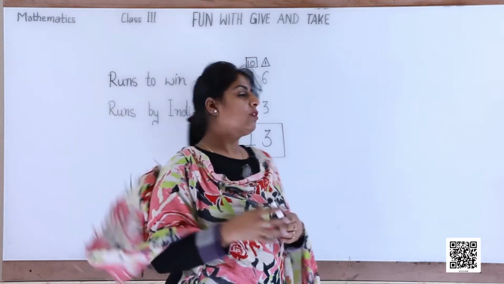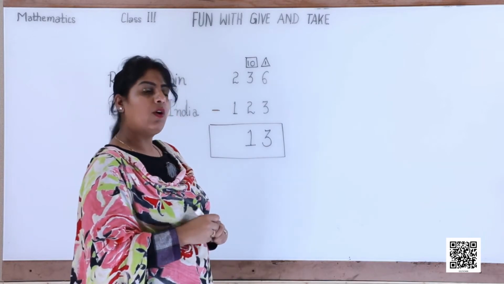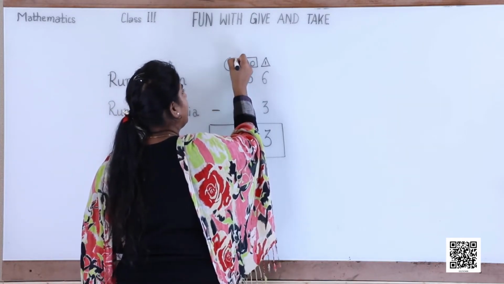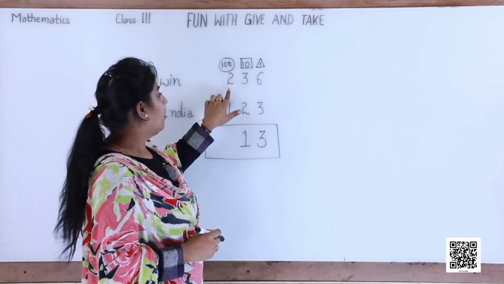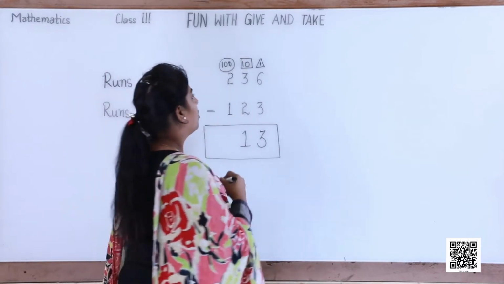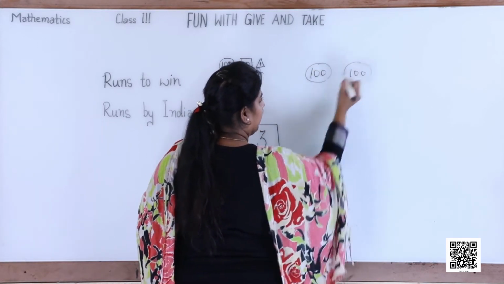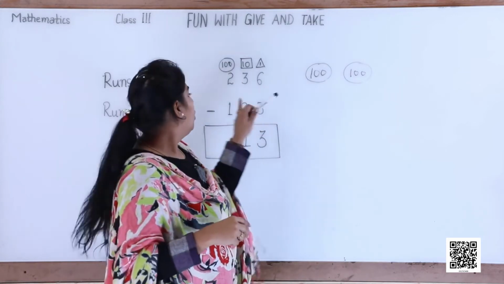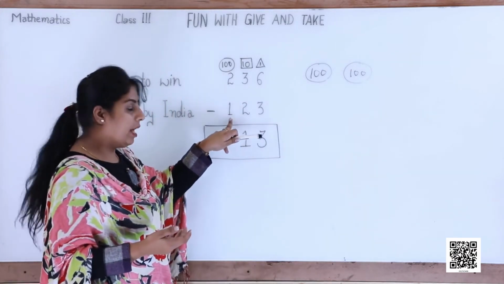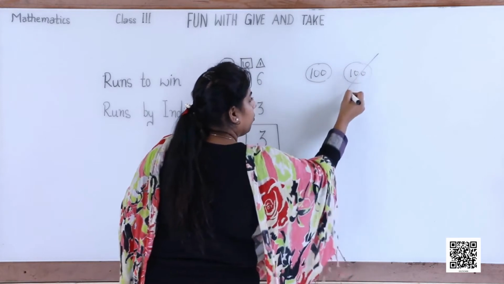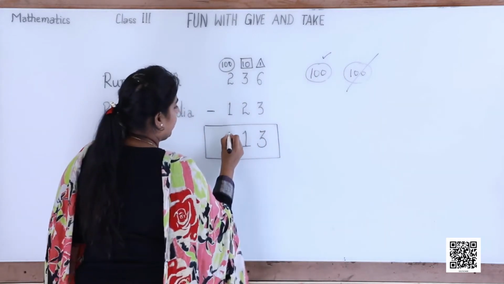Now we are going to talk about the hundreds line. What are we going to denote hundreds with? Okay, let's make a circle for this. So how many hundreds are there? Look here. Yes, 2. The first 100 and the second 100. How many hundreds? 2 hundreds are there. And how many hundreds are we going to subtract? 1. Yes. So let's cancel one of these. How many are left? Yes, very right. 100 is left.